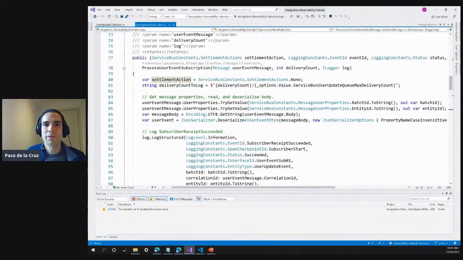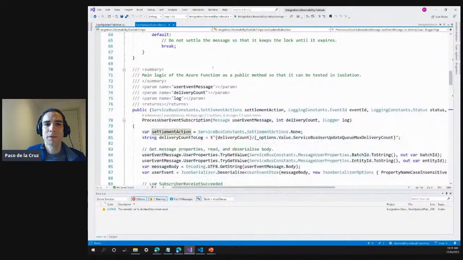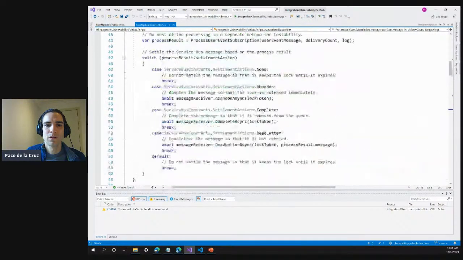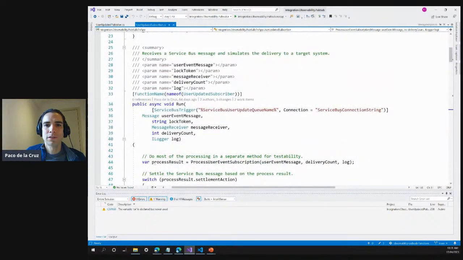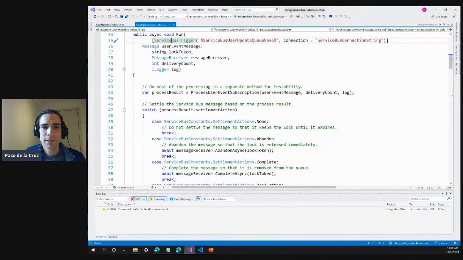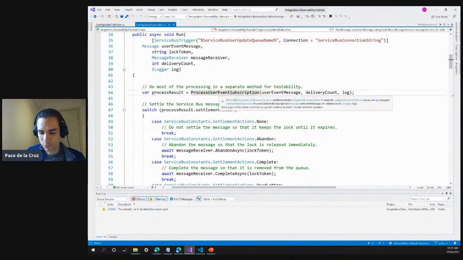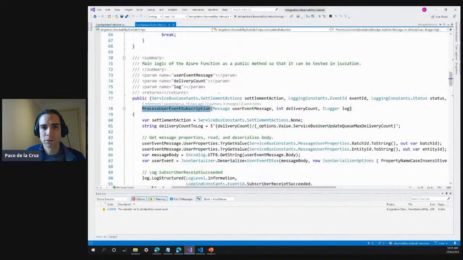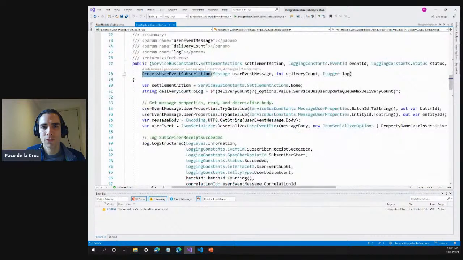Now let's go to the subscriber interface. So this has a service bus trigger, right? So we trigger this function every time we are receiving messages from the queue. And this is the method that has all the business logic. So we receive the message, and